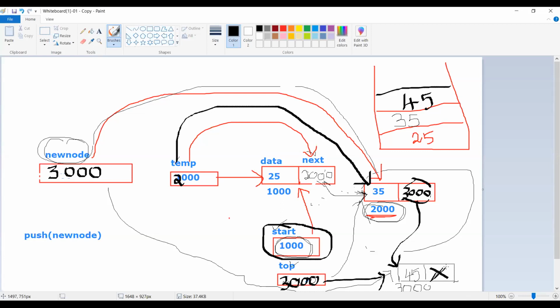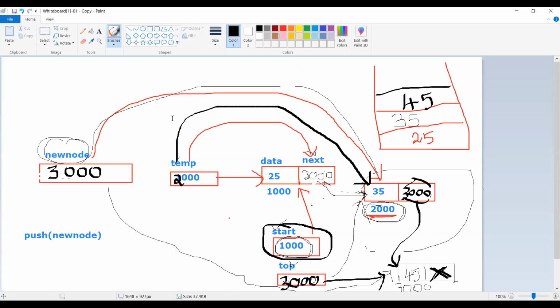If I find any node having the next field as null, then I will delete that element. That's all. Simple. Because that is the last node in the stack. I will simply delete that element, and I'll make the previous element, instead of 3000, I'll make it as X. That's what I'm going to do in the program.